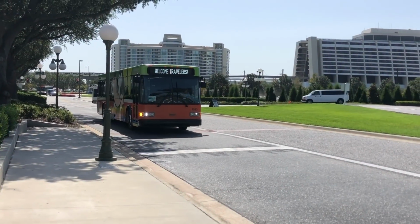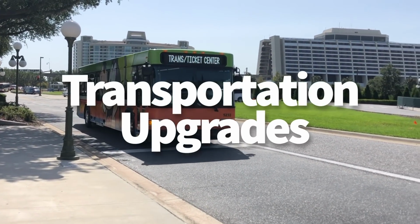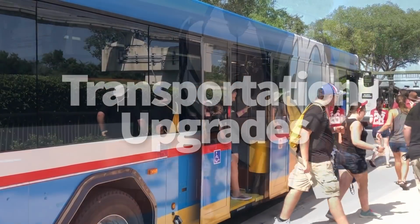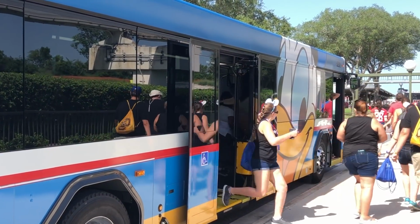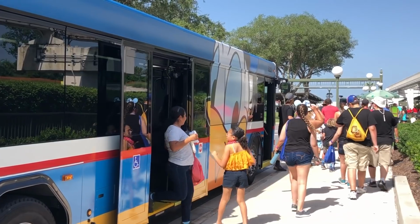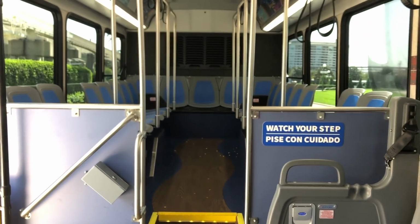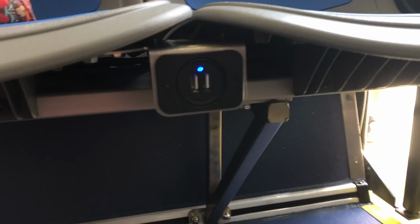So first up, we're going to talk about transportation upgrades. So those bus upgrades and wraps, charging on the go, we love it. So this to us is one of the best changes Disney has made this year. So those bus upgrades include laminate flooring, blue plastic seats, and USB outlets. Now, we don't care that much about the blue plastic seats, but we do care a lot about the USB